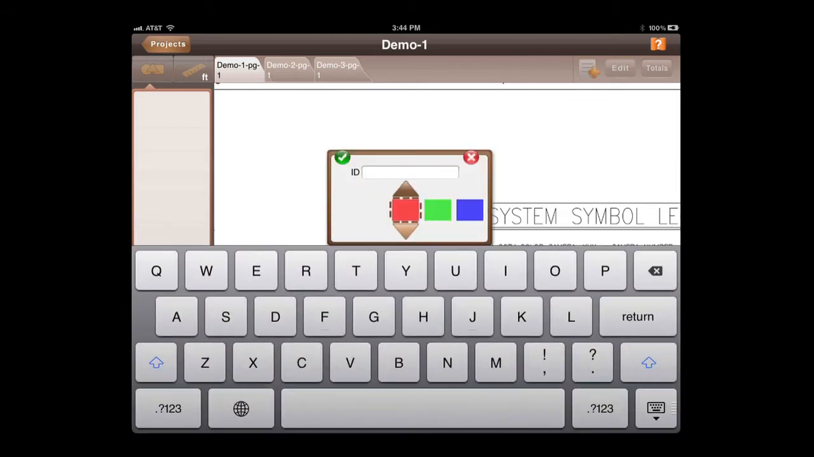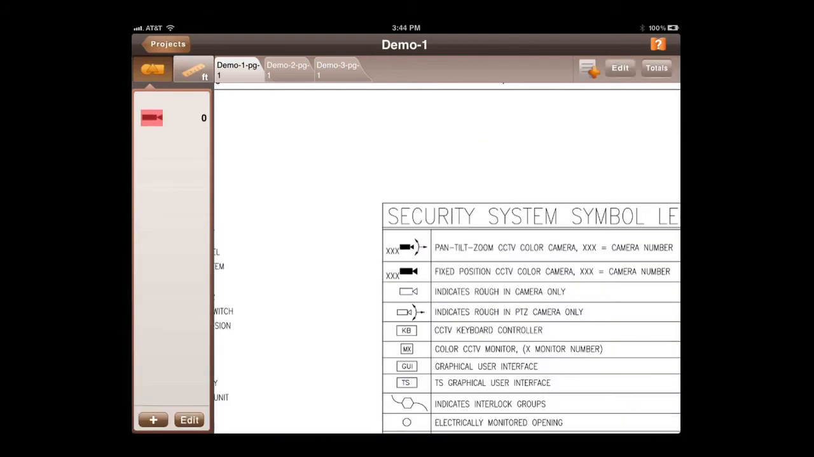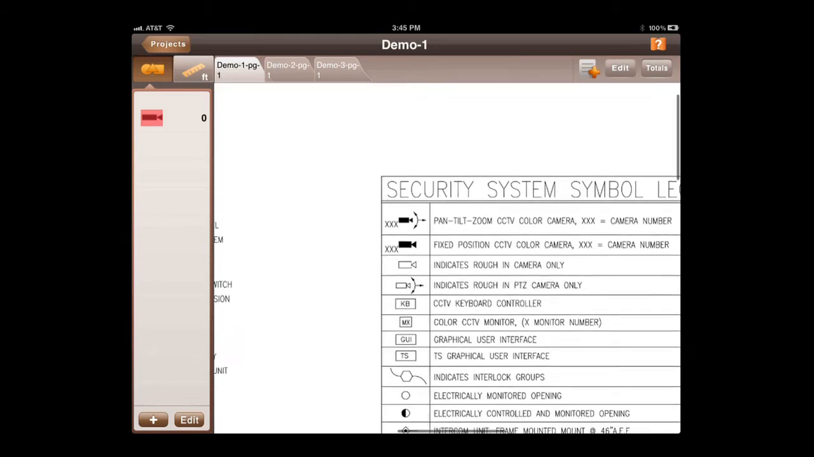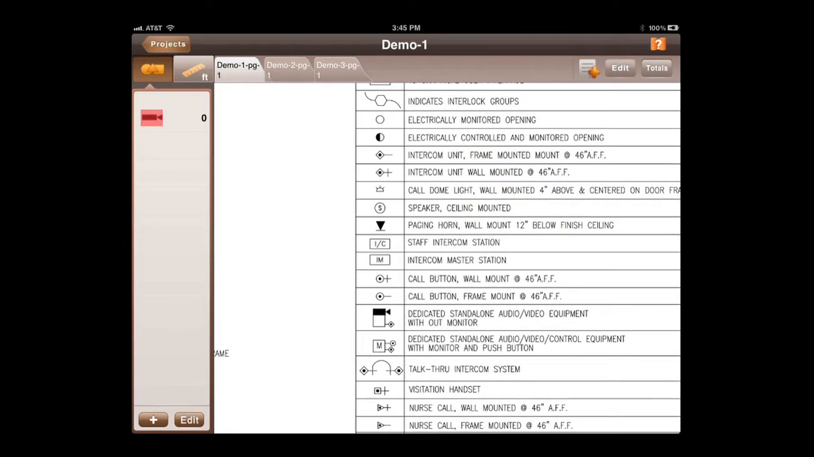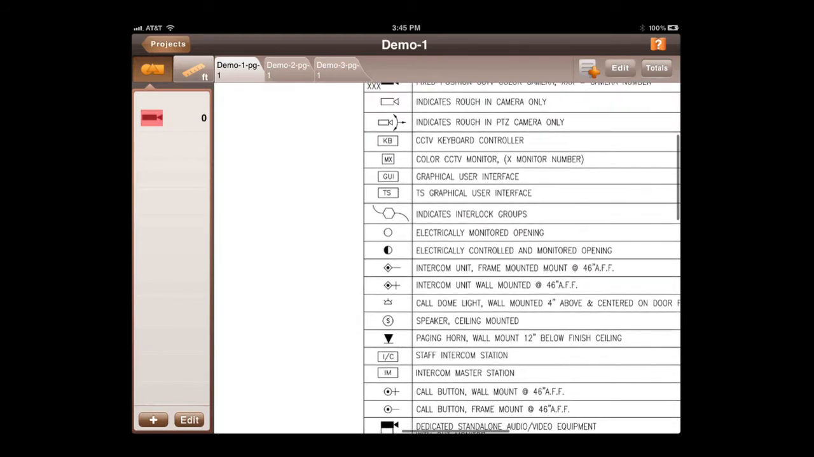I'm going to go ahead and give this a part number. So I'm going to call this CCTV-1. And then I'm going to hit the green arrow. It's going to put that shape on the left-hand side, letting you know that the red highlight is going to signify a camera. I'm going to go over here quickly with 2 fingers, move my screen around, and I'm going to go ahead and